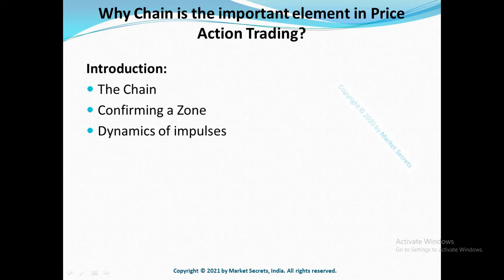If we start seeing impulses in opposite directions, then the dynamics for that time frame in particular will probably be changing. So if you see a new demand zone and it forms a supply zone after that, then it indicates the dynamics for that particular time frame might be changing. In such cases, we should lean on a bigger time frame before we start trading in the same direction where the last impulses happened. These concepts are the core of the realignment rules that will be explained in the next episode. But for now, try to understand why we are drawing a trend line. It is just to connect the two latest impulses, and if it is broken, it indicates something is changing.